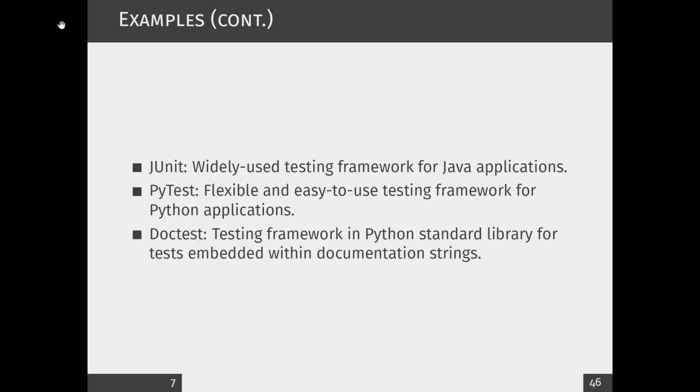JUnit, again another test framework for Java applications. And the last two I particularly selected from Python, which, since you have already learned Python at the beginning, I can demonstrate how to perform some testing, right? So the standard,